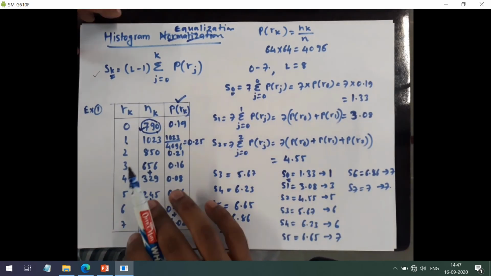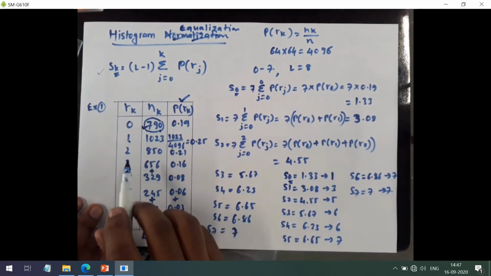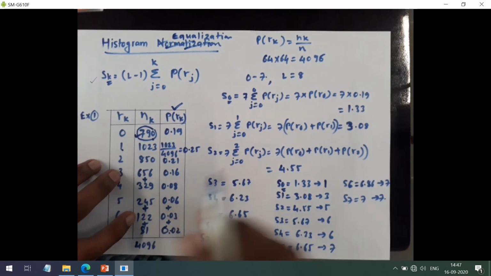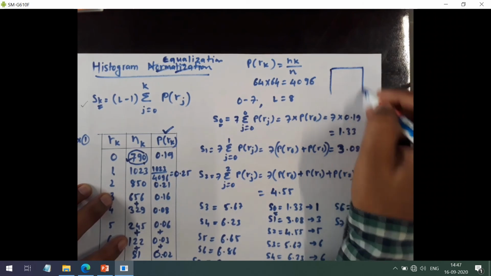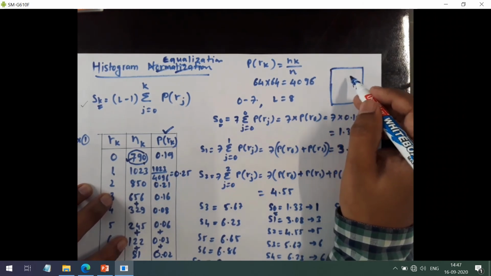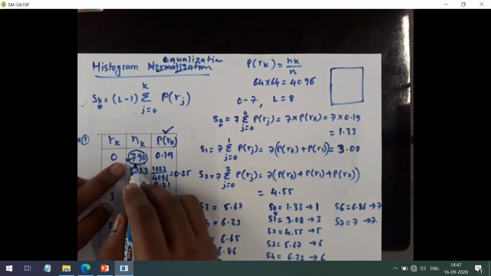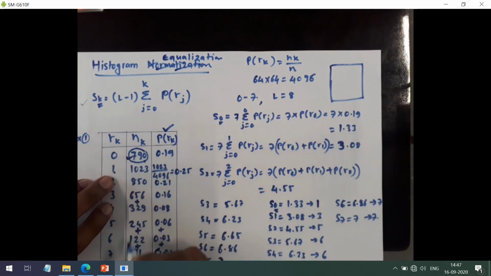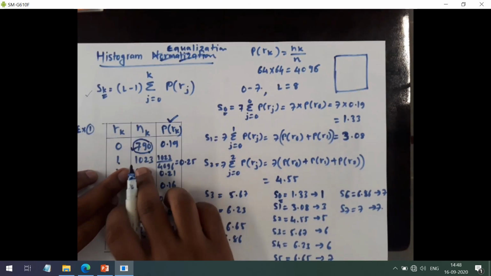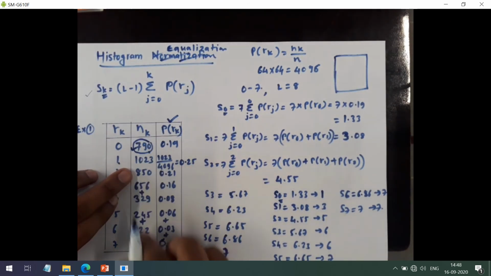So let me revise, okay. Either you may be given the intensity value and directly the number of pixels, or they may give you one sample image where intensity values are directly given, okay. So you have to count the number of pixels for a particular intensity. So you have to find this number nk from the given image, okay. So we have been directly given the number of pixels.